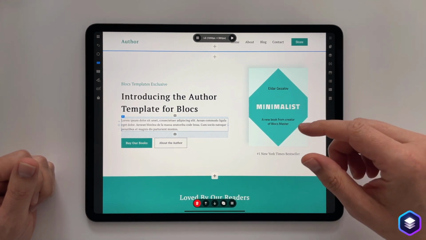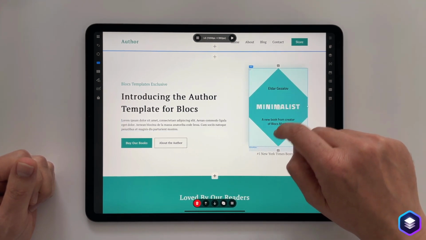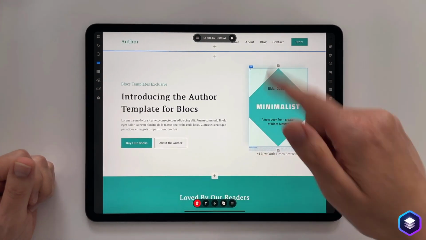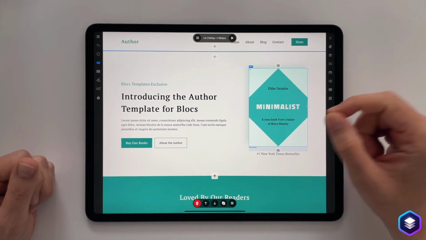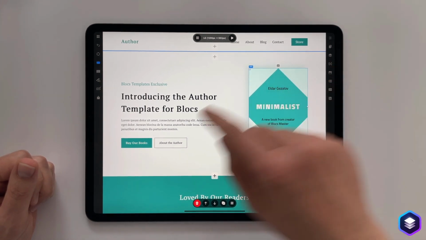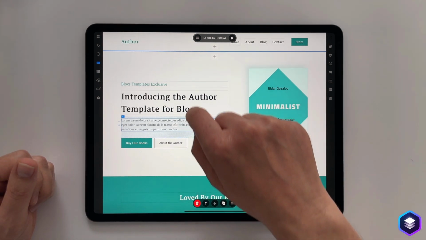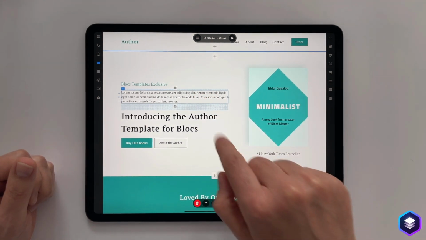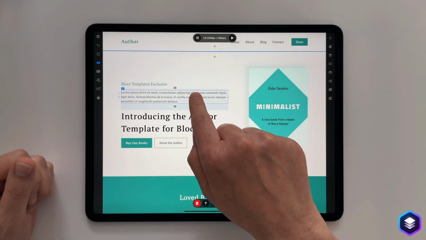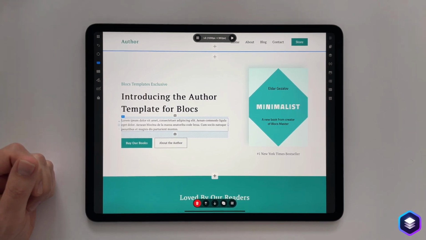Obviously on the iPad, it's a little different because if I select something and try to drag it to move somewhere, the canvas is also going to scroll. So drag and drop is a touch different if you're working with Blocks with your hands. If I touch an item and then just touch and hold, we can then drag and drop. And if you notice, when drag and drop is initiated, you'll see a little symbol appear just to let us know that drag and drop is now switched on and we can move the item like so. So that's drag and drop.